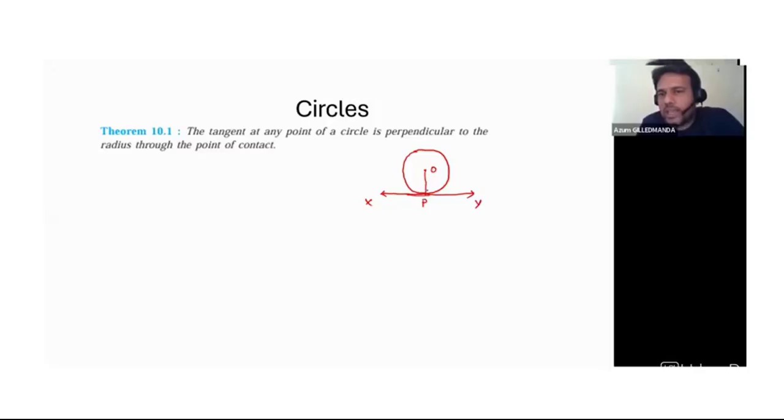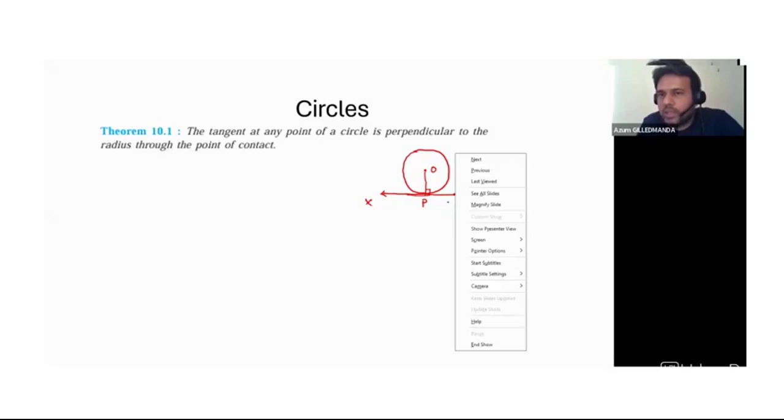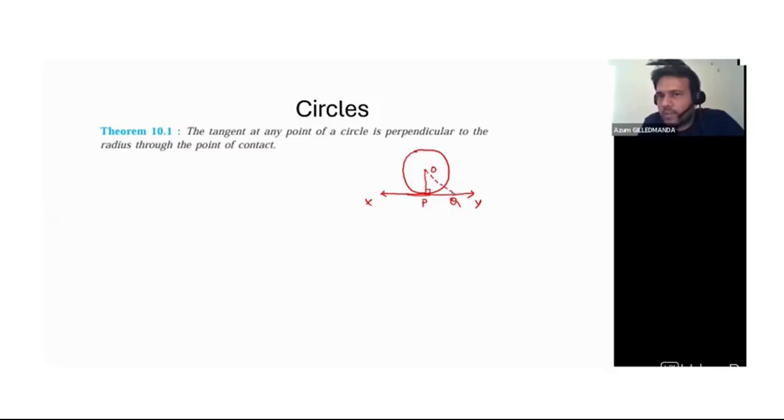So what they are basically saying is that the angle between the tangent and the radius joining that point on the circle is a right angle, 90 degrees. Okay, let's see whether it is true or not. So if I put any point Q here, for example, let's take a point Q, and if I just draw an imaginary line,